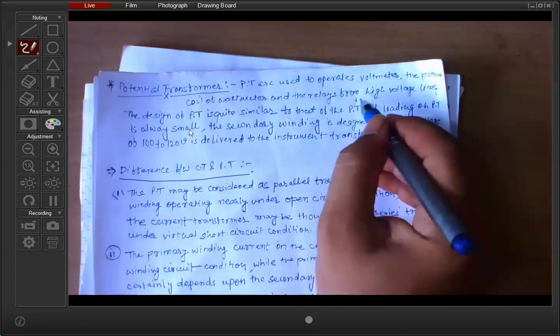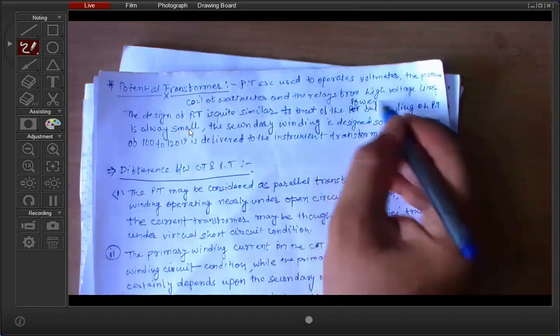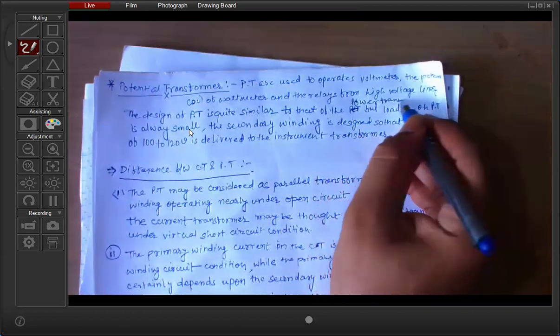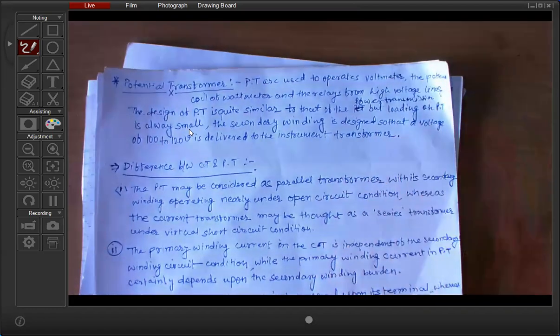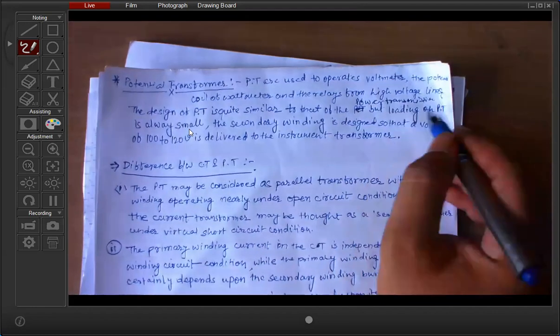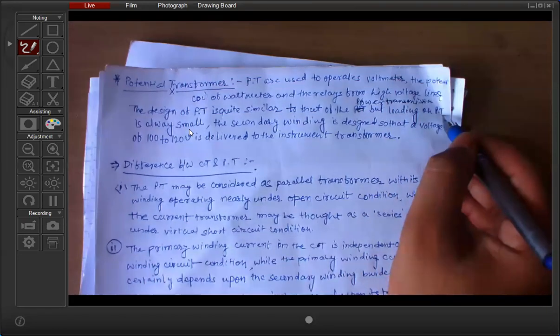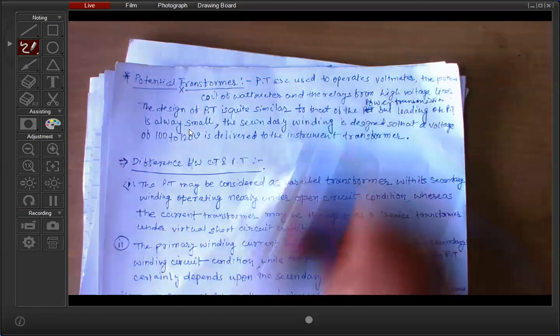You can think of it as the normal transformer used in the distribution line, and the main transformer. So it's the same as the normal power transformer, but loading on the potential transformer is always small,